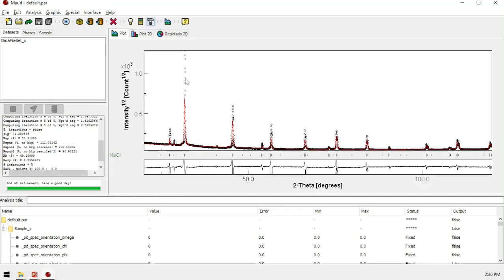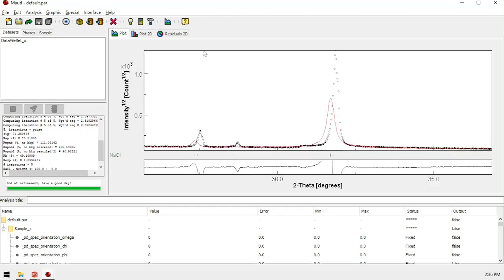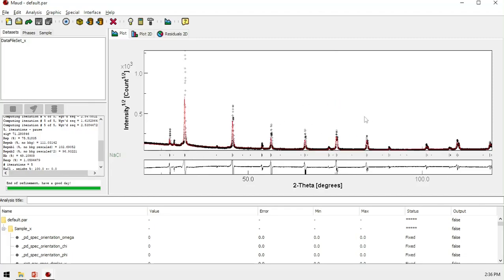So in this case, if you check this pattern closely, you can block the zone, left click and select the area. There is like all the red data, like the peaks from the red data, shifted to the left.